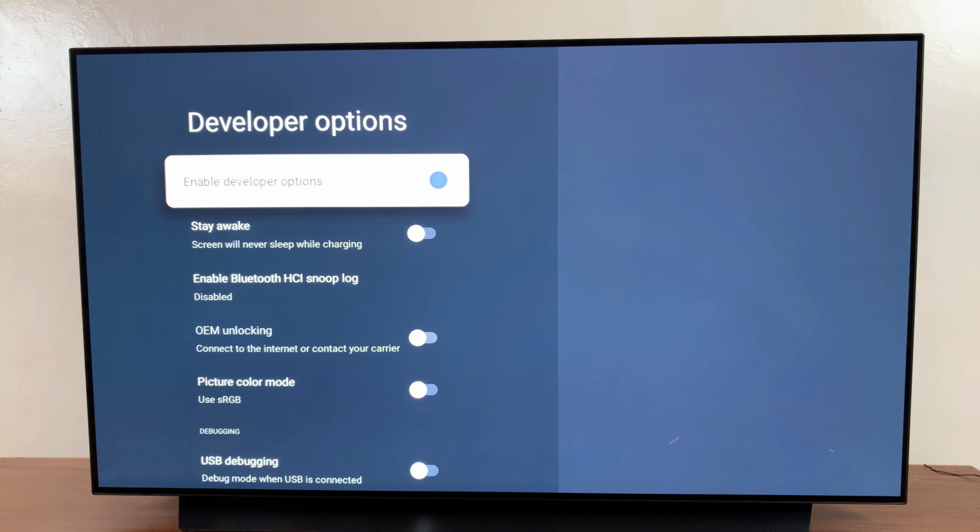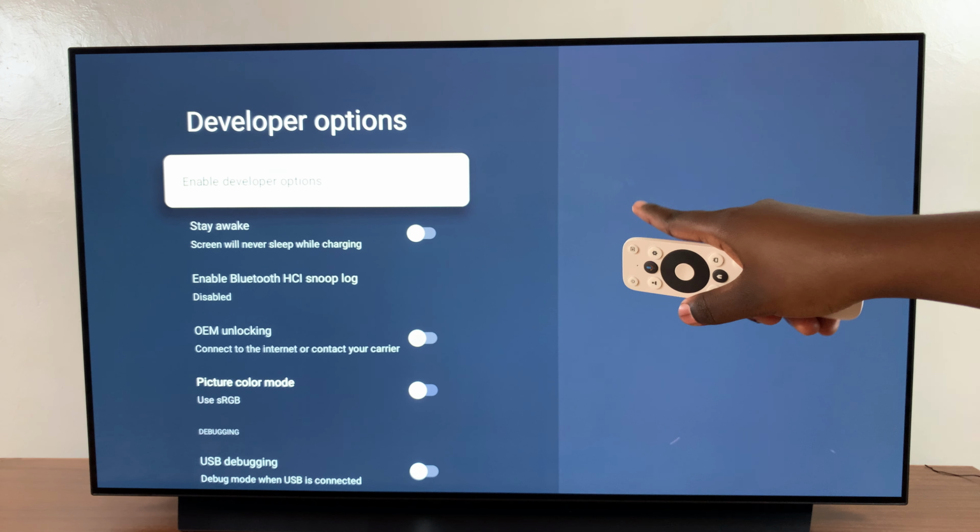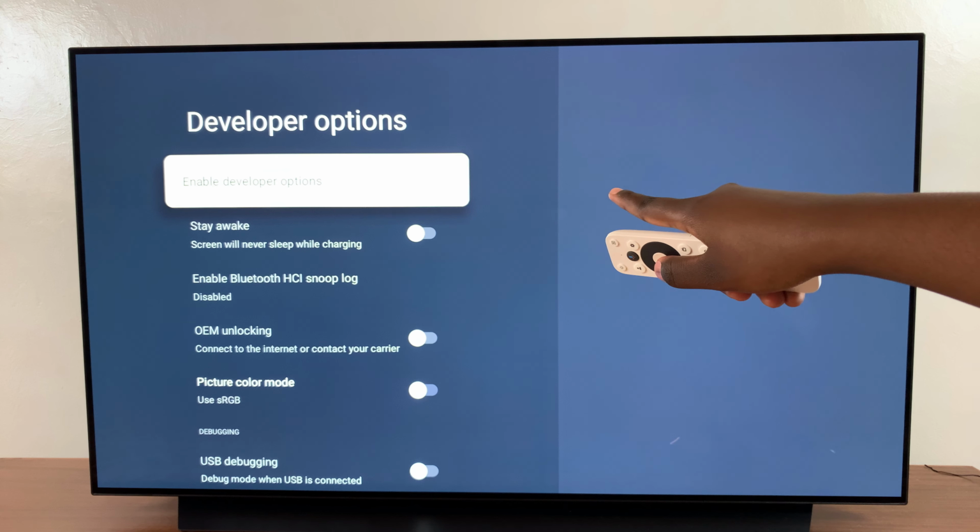And then if you want to disable developer options, it's fairly simple. So ensure that enable developer options is highlighted. And once it's highlighted, you then want to select it so that you can turn it off. So as you can see, developer options is now disabled, and you can tell because the toggle has switched from